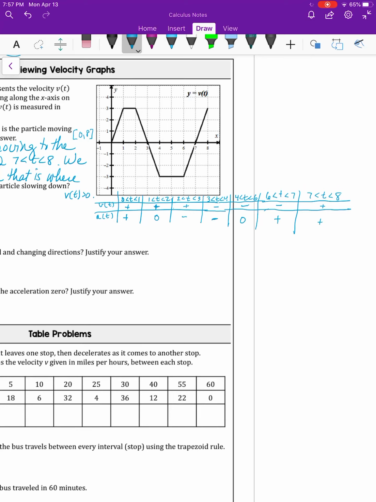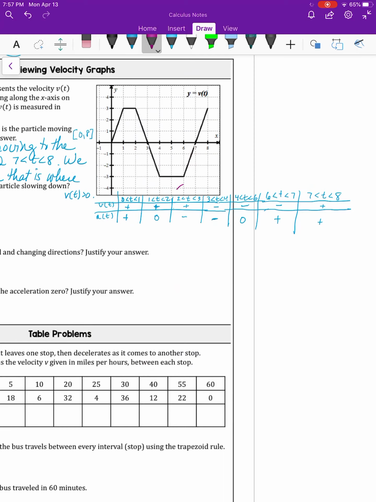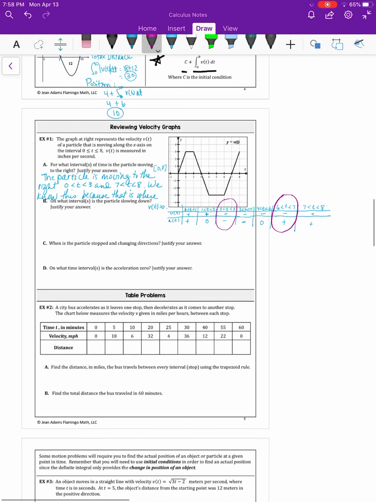And then lastly, from 7 to 8. We have positive velocity above the x-axis and positive acceleration because the slope of the tangent would be positive. So now we said slowing down would occur when our signs are different. And that's one of them. And that's one of them. That's where slowing down would occur. It does not count when you have 0